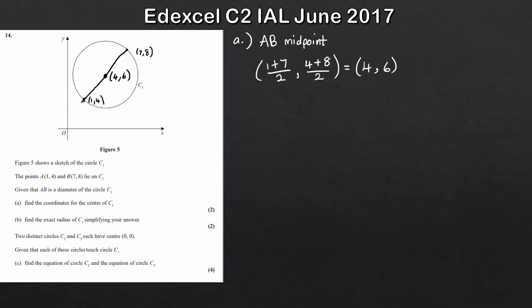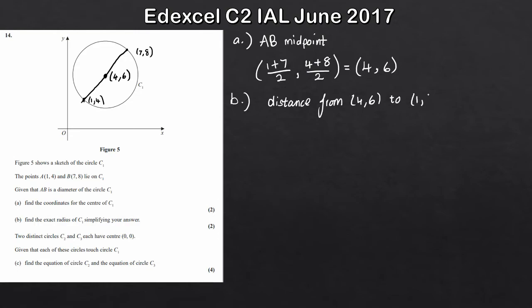For part B, we want to find the exact radius of C1, simplifying our answer. So to do that, all we need to do is work out the distance from, say, here, 4, 6 to 1, 4. That'll simply be the radius there. So if we have a go at that, part B then. Let's write it down so we've got it on the screen. Working out the distance from 4, 6